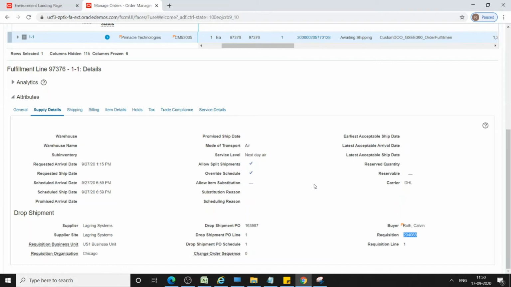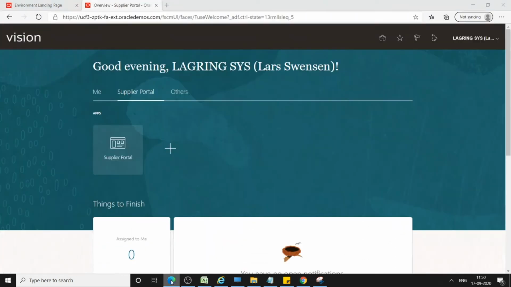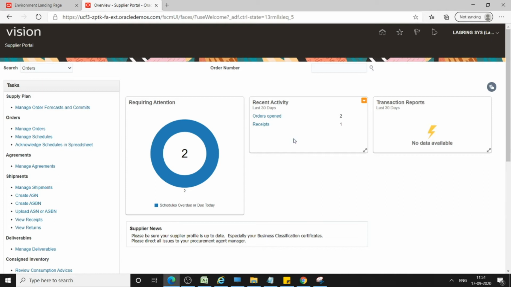Now I will move to another browser. Here I have already logged in with Lars. Now the supplier portal: from the Springboard, click on the supplier portal work area. Here there are two orders open.